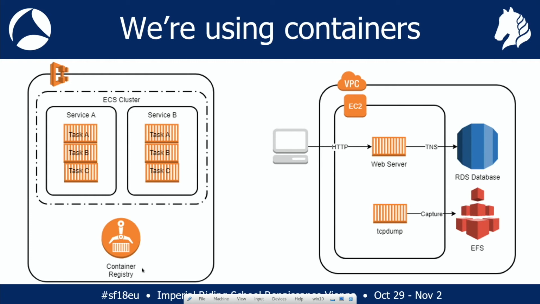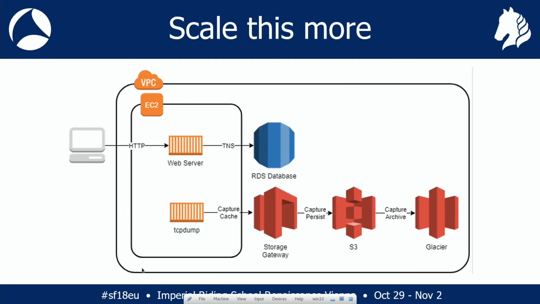Things like the lifecycle management, all that kind of stuff. We've got another solution for that, so we can scale this even more. Where previously we were writing stuff out to EFS, we're now not going to write to EFS. We're going to write it out to another storage service, AWS S3, which you may or may not have heard of, because that gives us a whole bunch of other things we can do that can overcome some of our other problems.